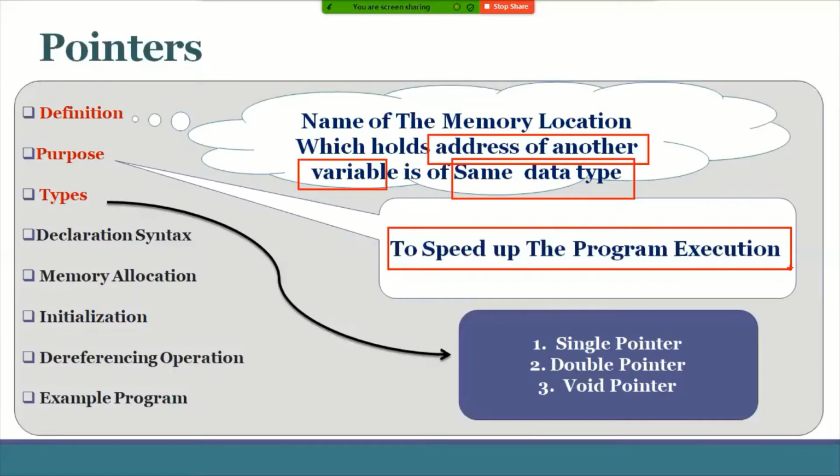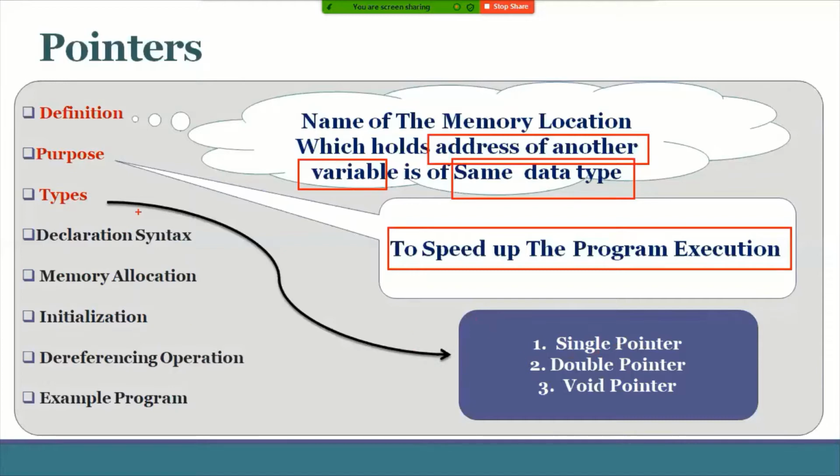In what way? Let us consider a pointer variable declared in our program, and that pointer variable is initialized with the address of that variable. In this case, if I want to access that variable, instead of specifying the variable name, I specify the pointer variable name. Instead of searching here and there, it will directly hit that particular memory location. In that way, I can reduce searching time and increase the speed of program execution. We will see that in the coming slides with an example.